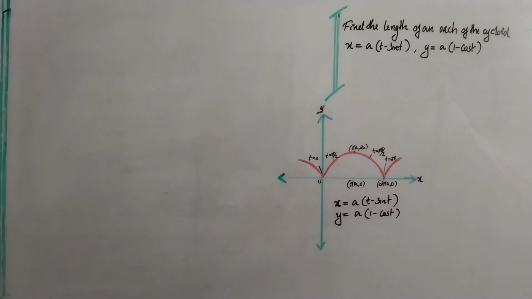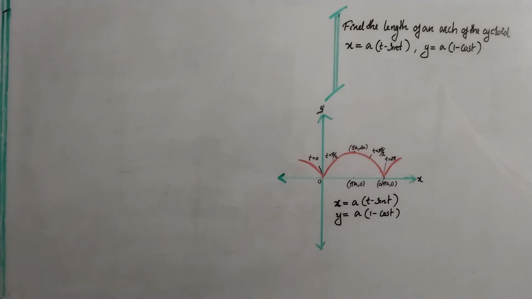Find the length of an arc of the cycloid x is equal to a into t minus sin t and y is equal to a into 1 minus cos t. Here, the equation of cycloid is given in parametric form. So, to find the length of arc of the cycloid, we have to use the formula length of plane curves